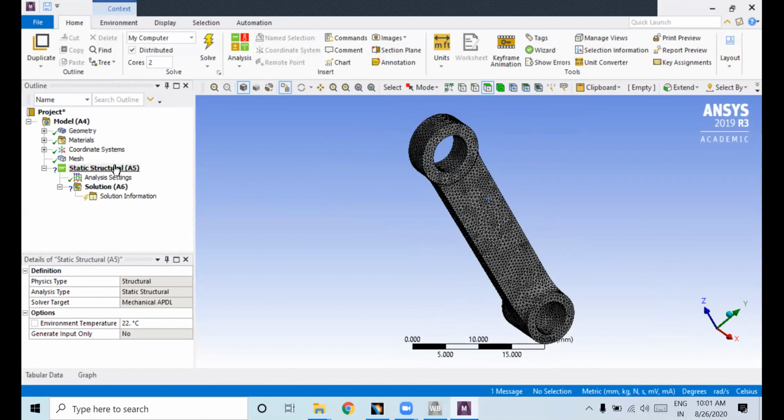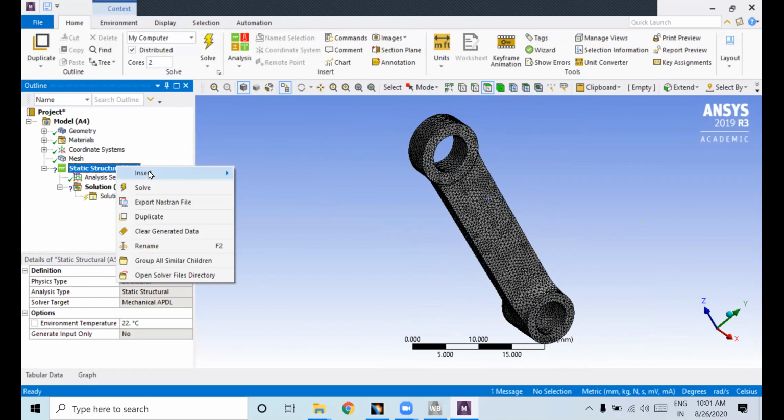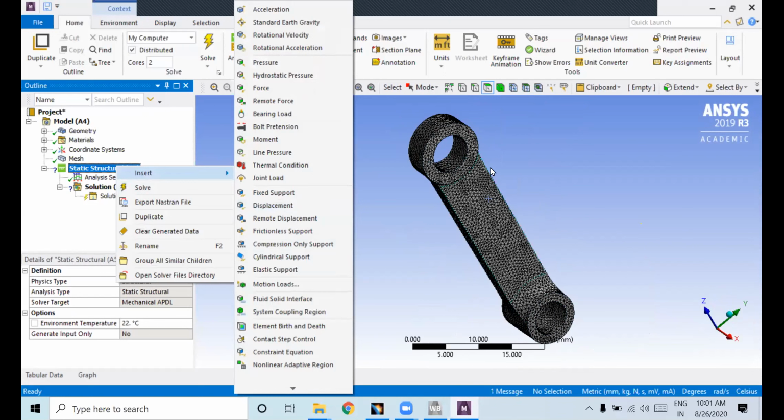So what you can do, go to static structural analysis, right click on the static structural analysis, insert. So I will fix this, I am going to apply compression load on piston end. So right click on the static structural, select the fixed support to fix the degrees of freedom, okay. So I'll just select the fixed support.